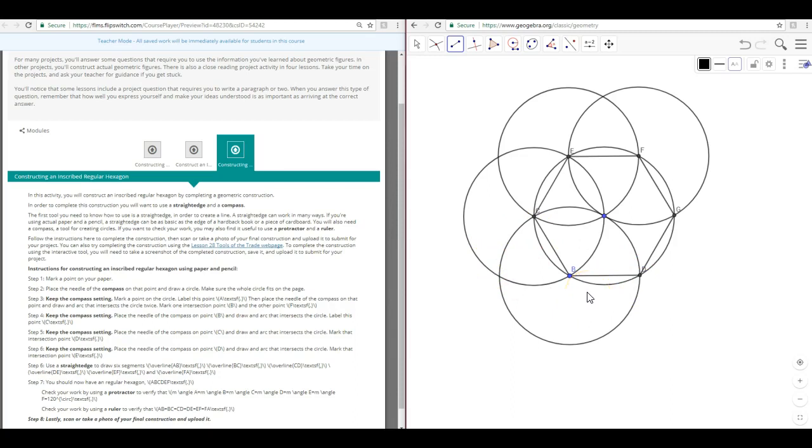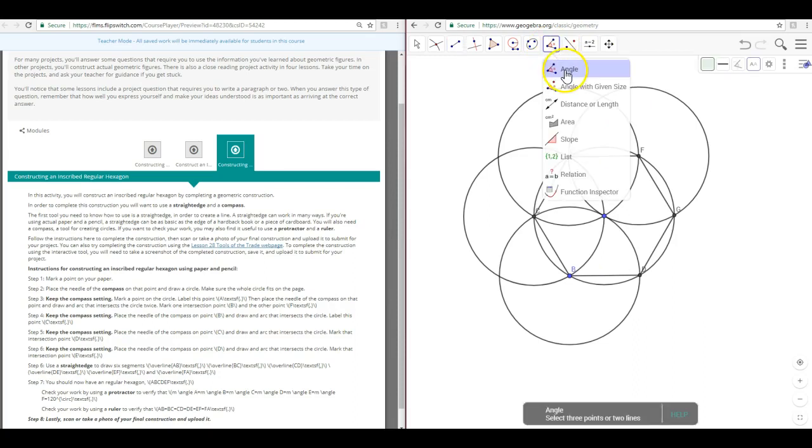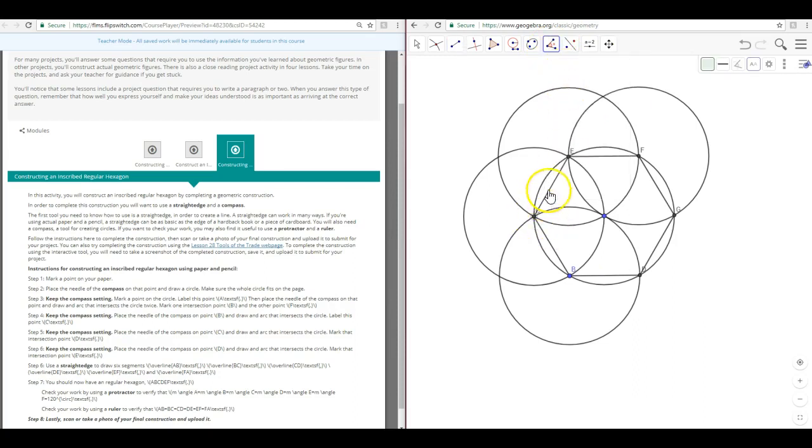A regular hexagon means all of the side lengths are the same measure and all of the angles are the same measure. So let's verify our angles. So 8 to the right, select angle, select CEF to measure angle E, EFG to measure angle F, FGD to measure angle G,